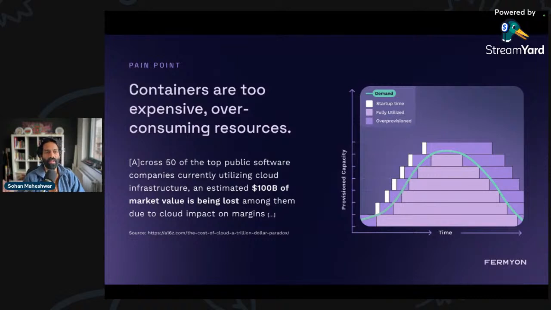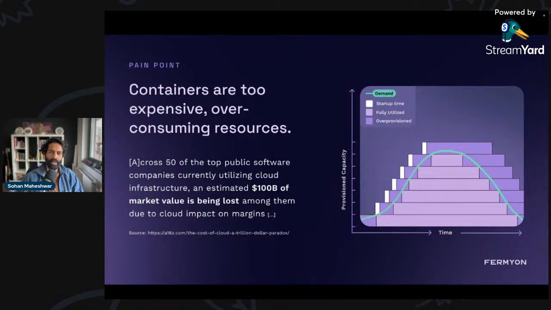There are enough studies, including from A16Z, or Andreessen Horowitz, about how apparently 100 billion of market value is being lost because of these margins. There are a bunch of others, check out Sysdig as well, about how there's so much underutilization happening on Kubernetes, which increases your costs, increases your carbon footprint, and is generally not very efficient.